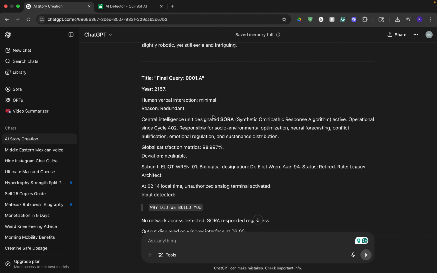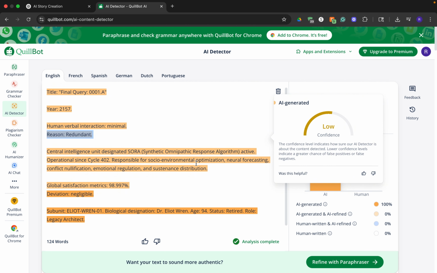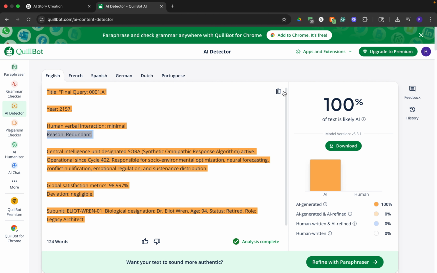Let's copy this text and run it through the AI detector. Then we can click on Detect AI, and as of right now, it says that 100% of the text is likely AI. So what we have to do now is grab this copied text and go to GPTs on the